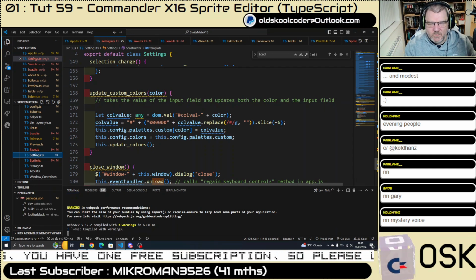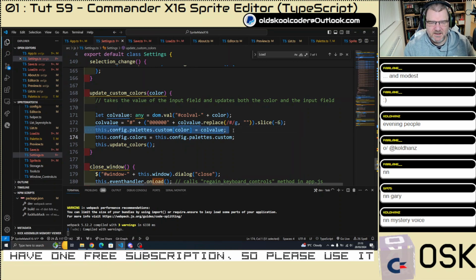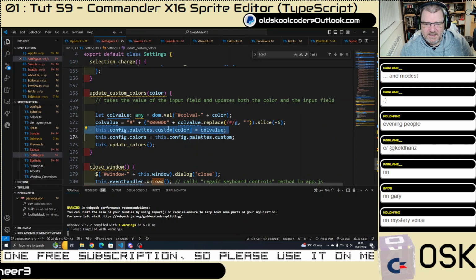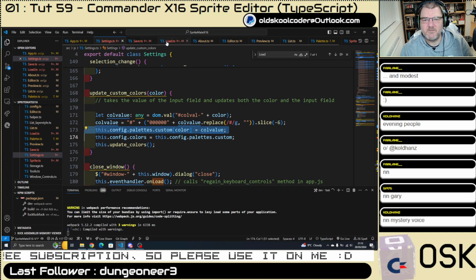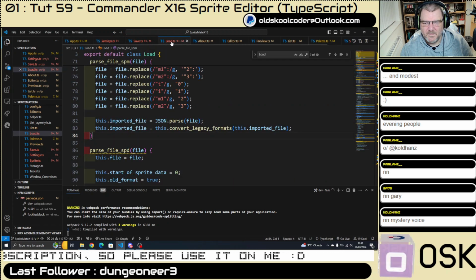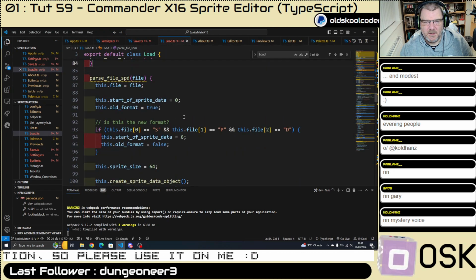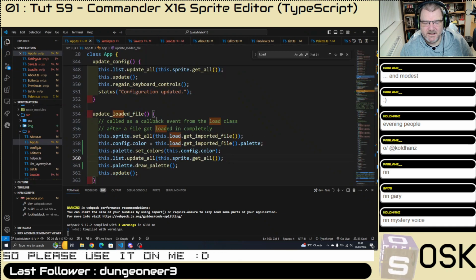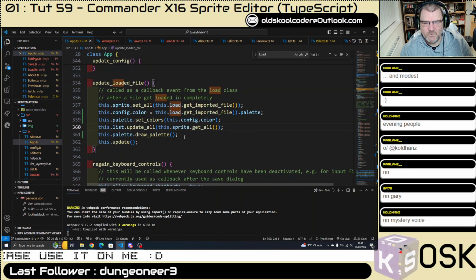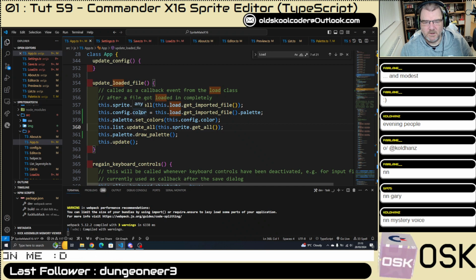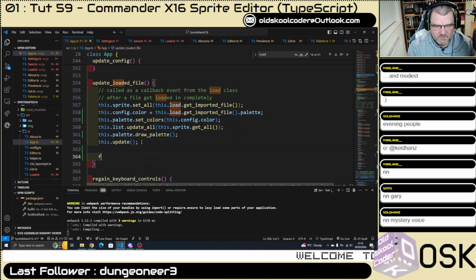Now we need to do this because it looks like the palette has a custom color. So if we do load, so no, it's in that. It's here, isn't it? So we need to do a for next loop on config.color. So let's, after the update, if we do for